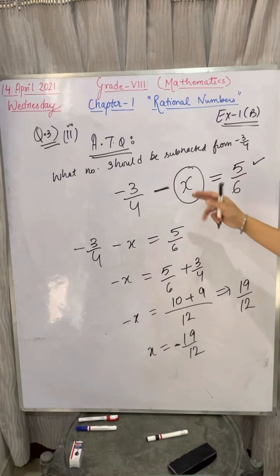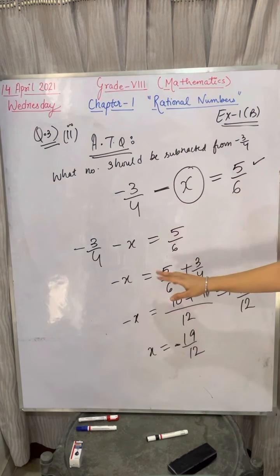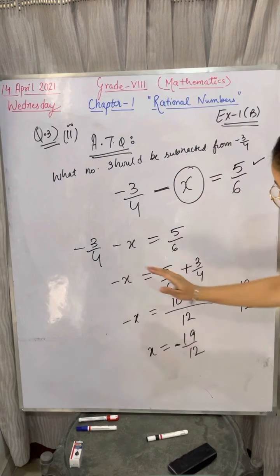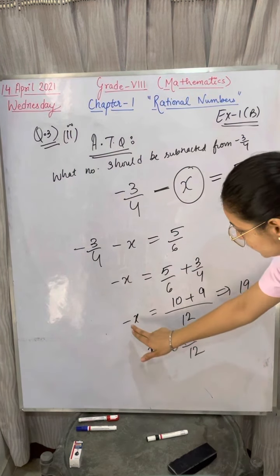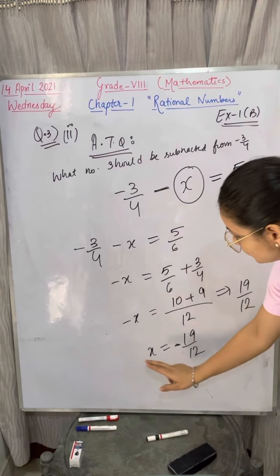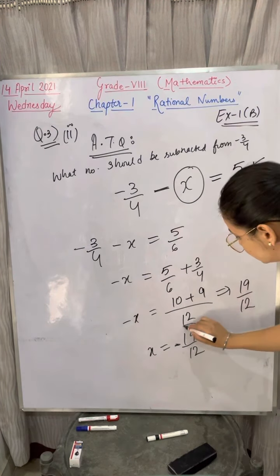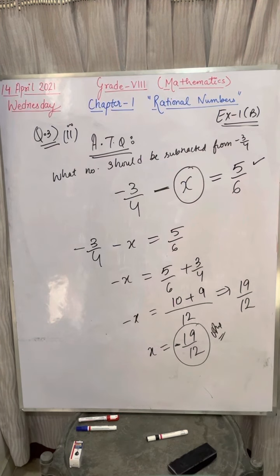Okay. Now, just solve the question the way we were doing earlier. Minus x will be here. This will go to the opposite side and become a positive value. Take out the answer. After that, remove the minus from the x side. This minus sign will come to the opposite side, and that is your answer. Minus 19 upon 12 is your answer. Any doubt? Everyone? Right? All right.